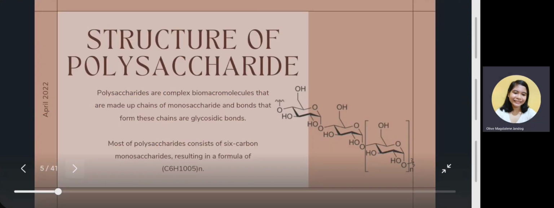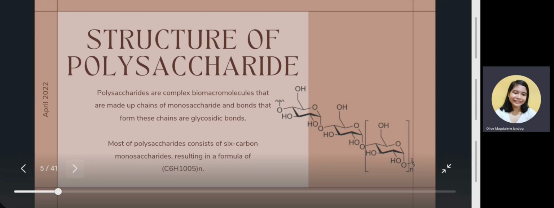Next is the structure of polysaccharide. Polysaccharides are complex biomacromolecules that are made up of chains of monosaccharides, and the bonds that form these chains are glycosidic bonds. Polysaccharides tend to be long molecules consisting of many simple monosaccharides or monomers. Two monosaccharides may undergo a condensation reaction in which two free hydroxyl groups react to form a glycosidic bond, and a molecule